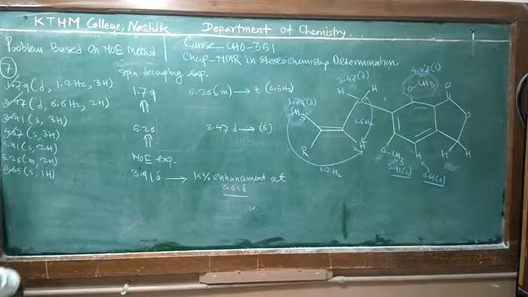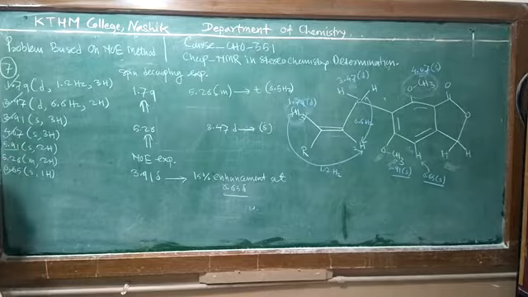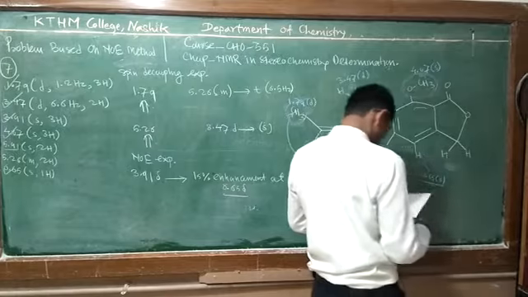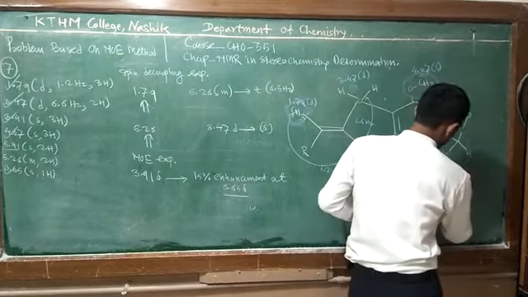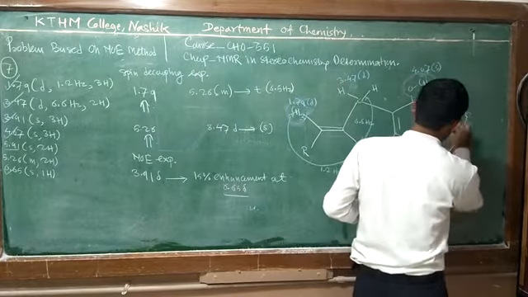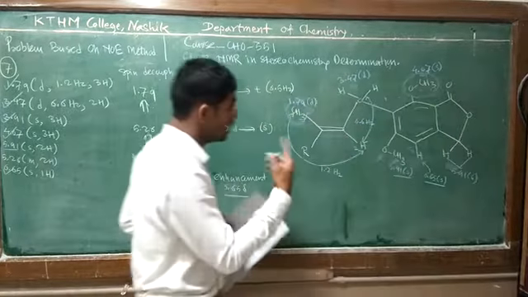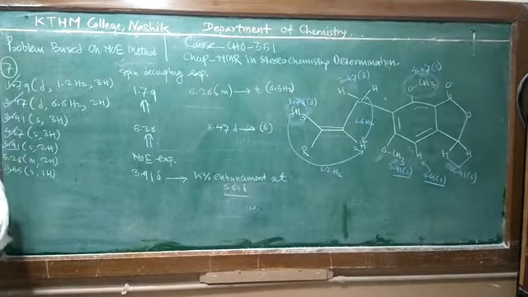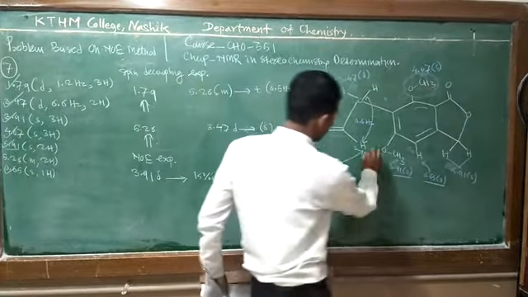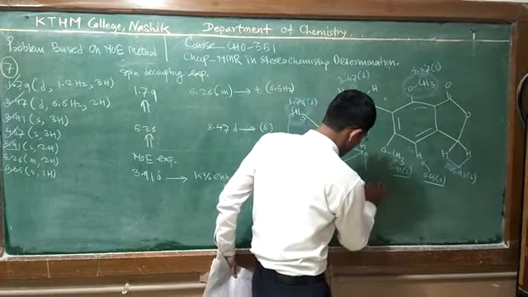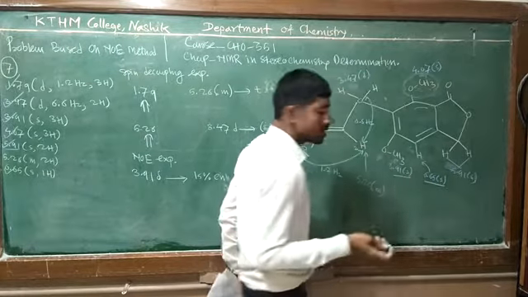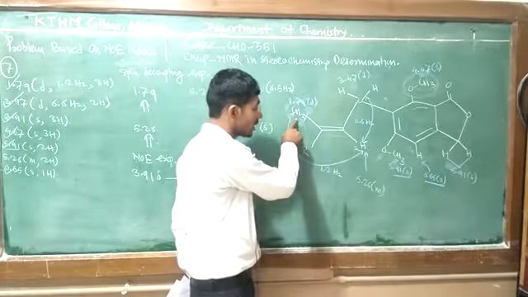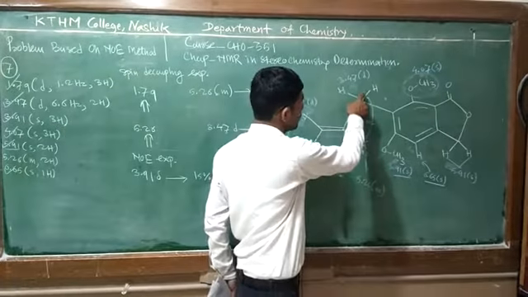Again, 5.91: this is because of these two protons. This 5.91 shows a singlet because it is not coupled with any neighboring proton, none is present here. Then 5.26 multiplet. This proton at 5.26 shows a multiplet. Why does it show a multiplet? Because it is coupled with this, with a quartet signal, and also with this, that is the triplet.